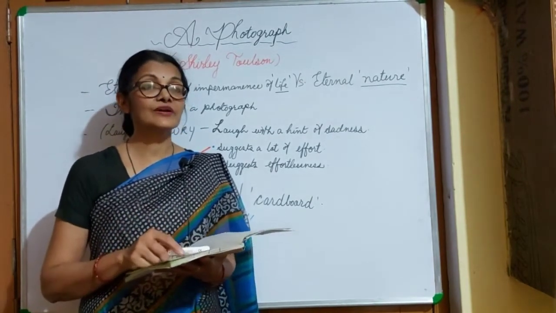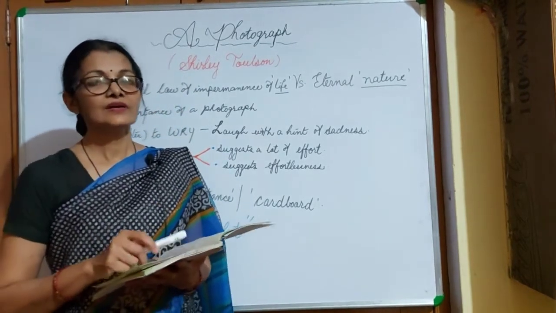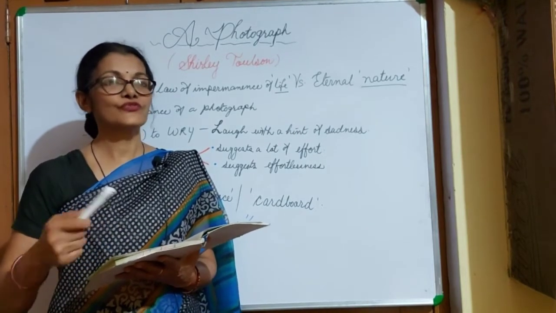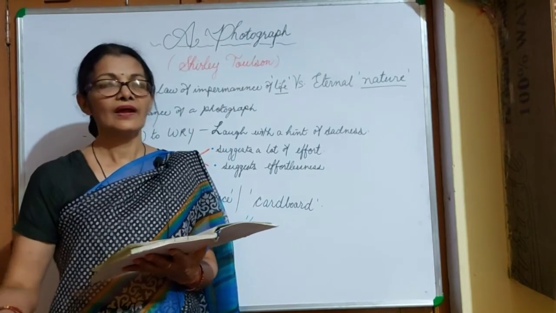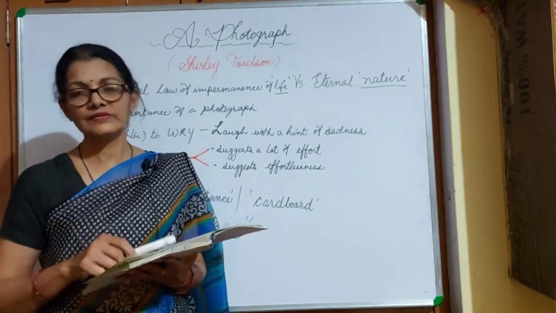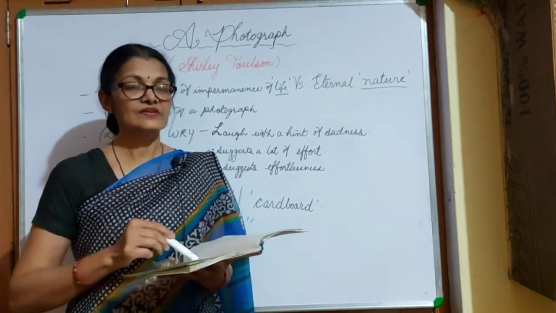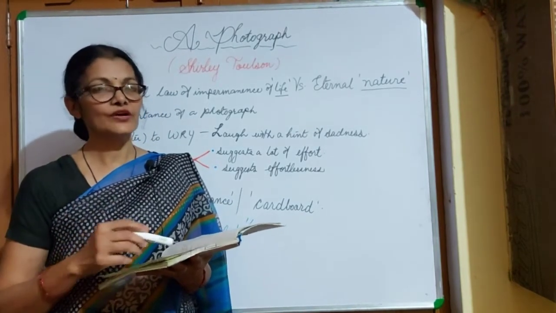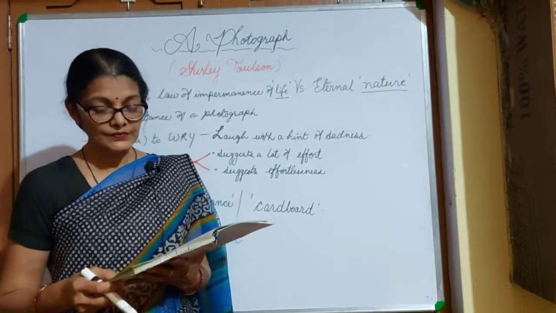Now this poem is divided into 3 stages of life. First one is when the poetess's mother was very young, that is long back. The second stage is when she was of middle age, and the third stage is the present time, when she was writing, when her mother had been dead long back. So